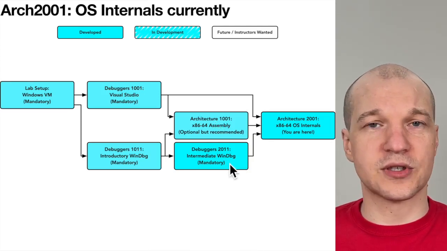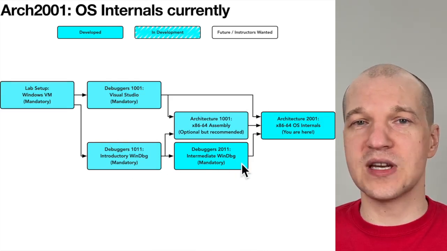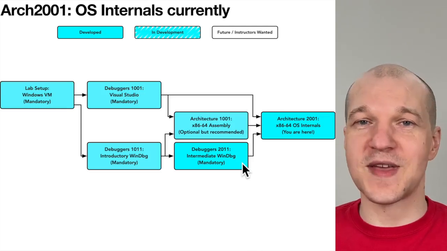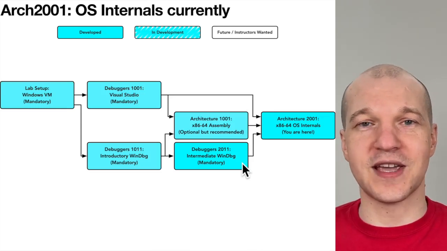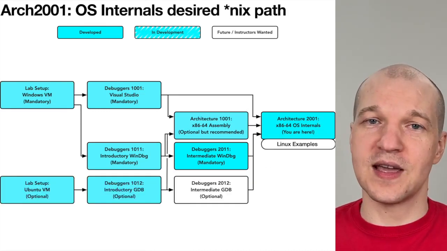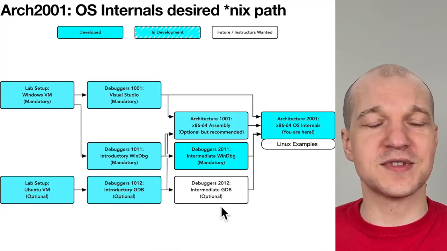And also currently it depends on the Windows path of WinDbg and intermediate WinDbg because I only know how to debug a kernel in Windows. I don't know how to do it in GDB or KDB for Linux. So this is the current path. You must go the Windows route. But a desirable path would be if someone else out there who knows how to use KDB or GDB, I don't know which it is,